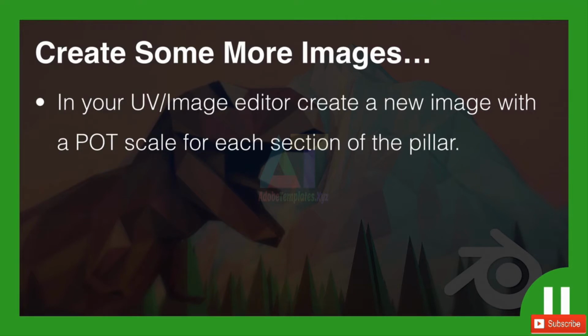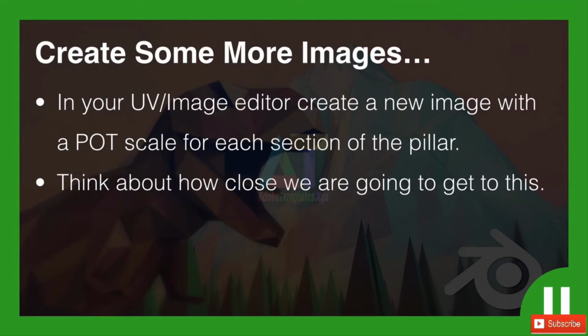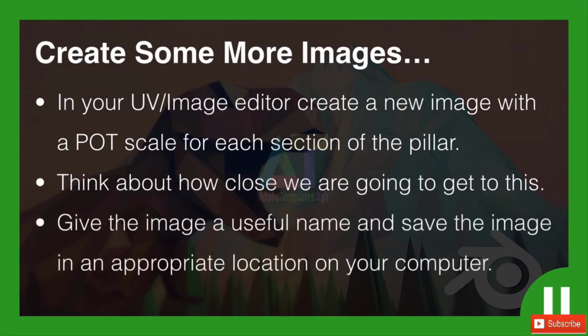So in your UV image editor, create a new image with a power of 2 scale for each section of the pillar. Think about how close we're going to get to this, and of course adjust the texture size accordingly. Give the image a useful name so you know what it is, and then save the image in an appropriate location on your computer. Pause the video now and give that a